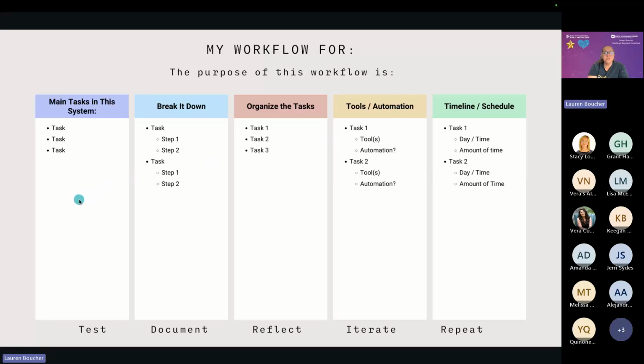Then what you're going to do is think about that workflow and think about all of the pieces and parts, all the tasks that you're going to have to perform in order to get from the beginning of the workflow to the end. And again, Goblin Tools is really, really great for that. They have a tool called, let's see if I can find it. I had it up here. I guess I closed it out.